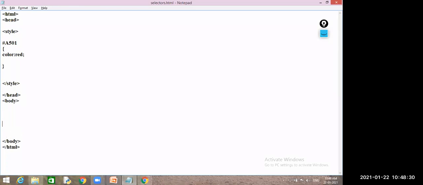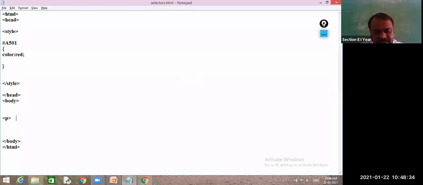Here, I want to use one element, that is the paragraph element. And one more thing, this ID can be applied for any element, like a generic class, but you have to use this ID only once in your program.